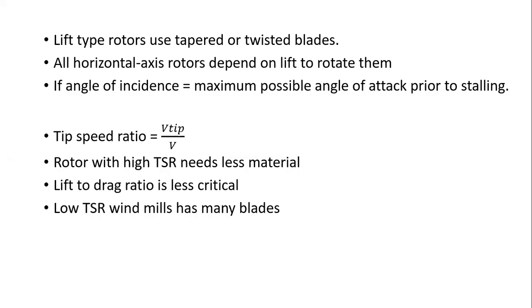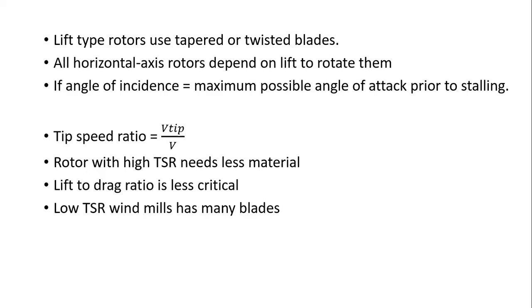So for higher speed machines, the blades are set at finer pitches than the lower speed ones, and the ratio of the speed of the rotor blade tips to the speed of the wind is called the tip speed ratio, TSR. It can be abbreviated as capital T, S, R. Once again, the definition: it is the ratio of the speed of the rotor blade tips, so in the numerator we take the speed of the blade tips, and in the denominator the speed of the wind.